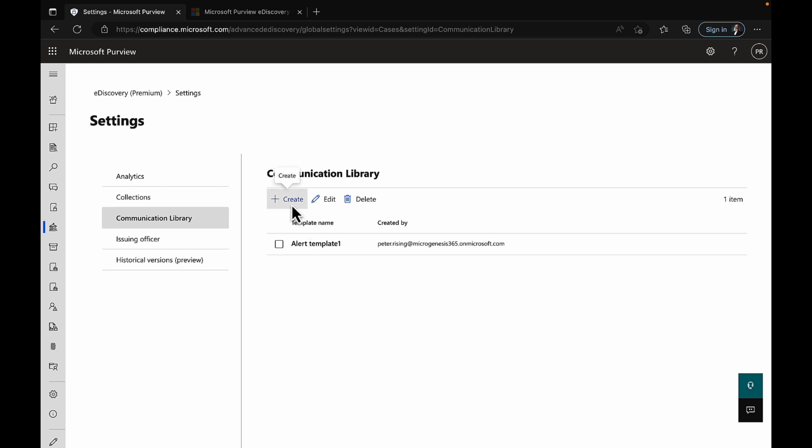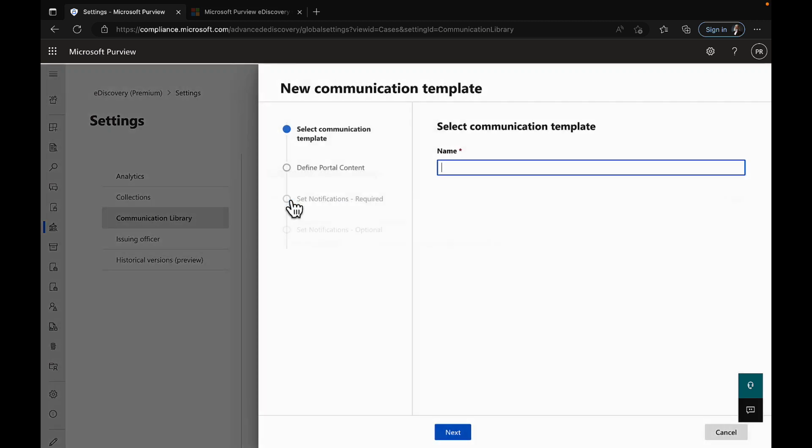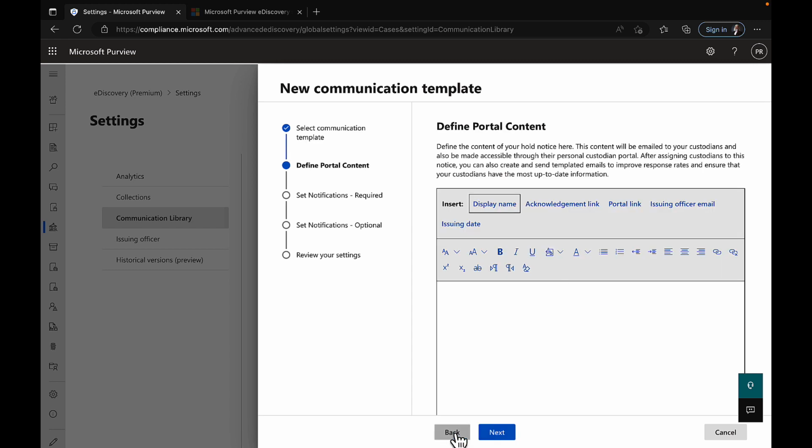And these are fairly straightforward to create. We create them by putting in a template name. So we'll just put in the name there, which you need to be more descriptive than I have been, obviously. But then we need to define the portal content of your hold notice. So this is the content of the email that the custodians are going to receive when their content is placed on hold. So we'll put in dear